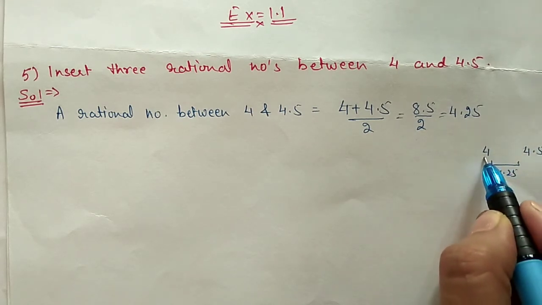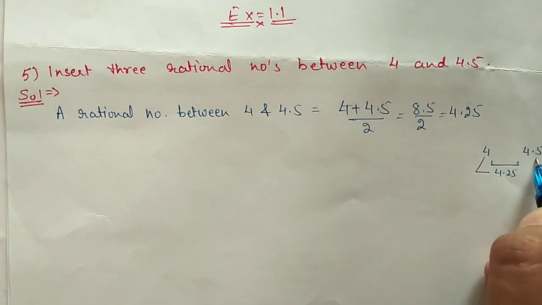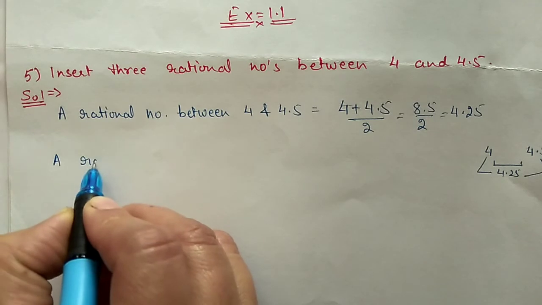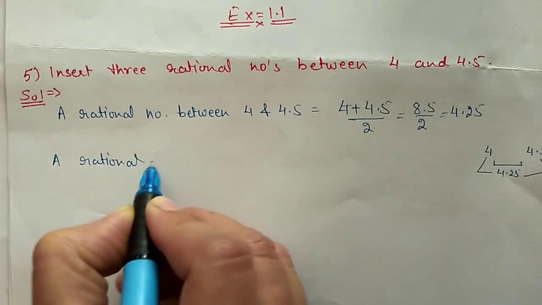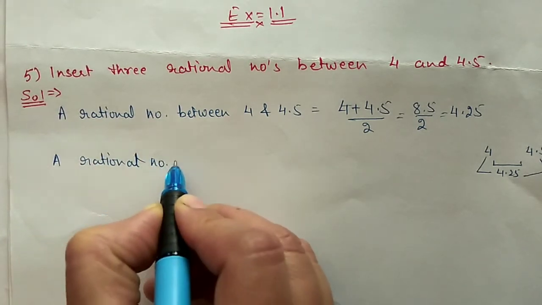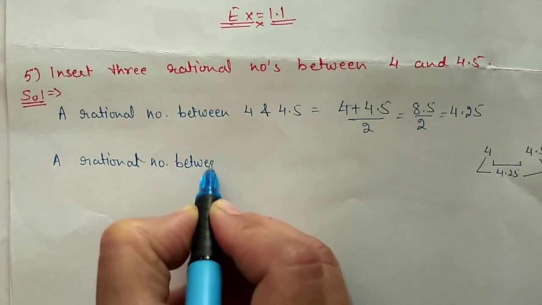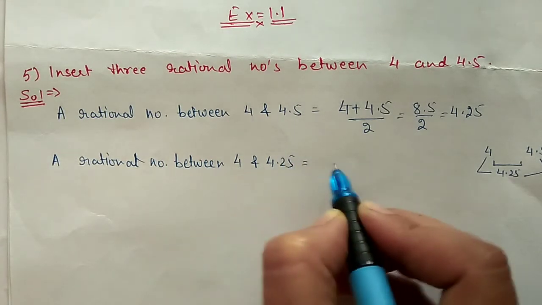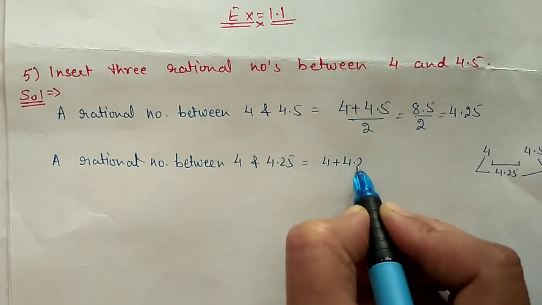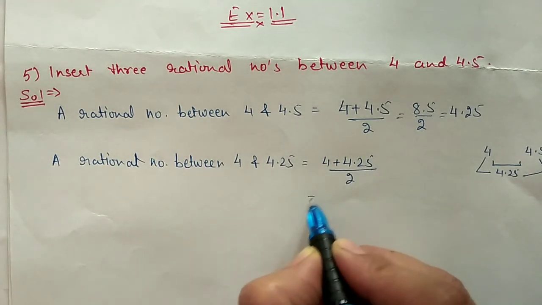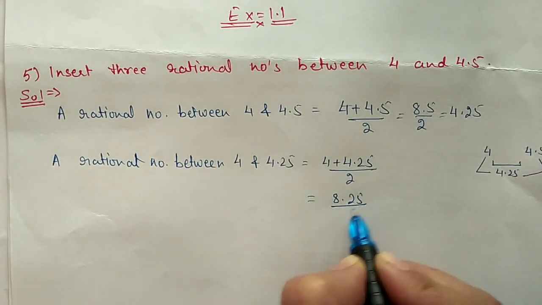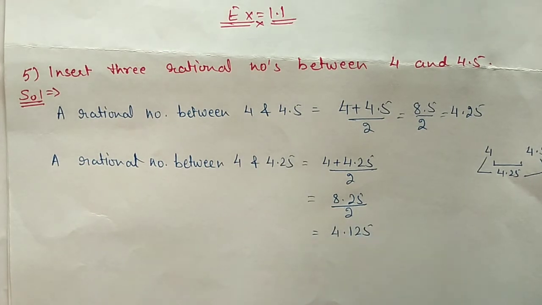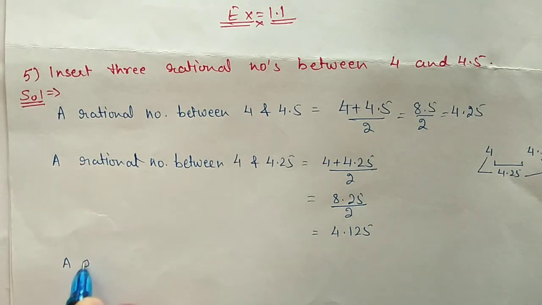Now again, we will find one more number between these two numbers and another number between these two numbers. So a rational number between 4 and 4.25, we will add these two numbers and divide by 2. So 8.25 divided by 2, we will get 4.125. Similarly, we will find a rational number between